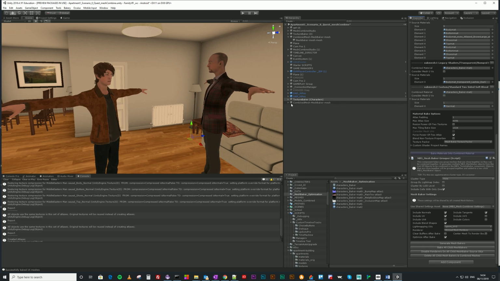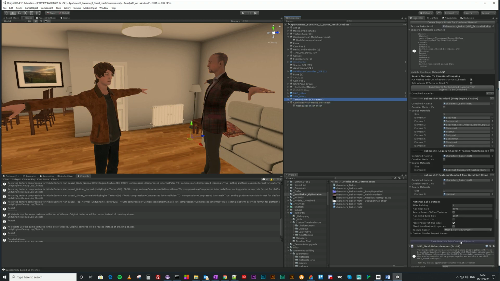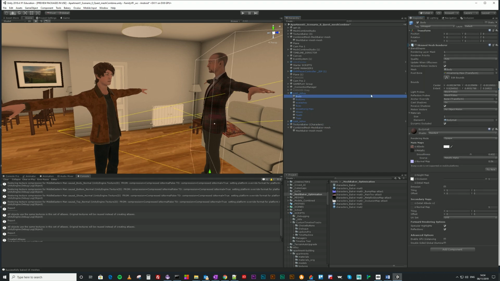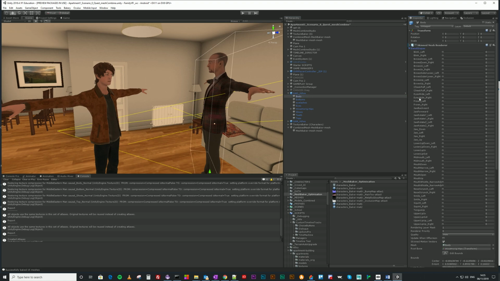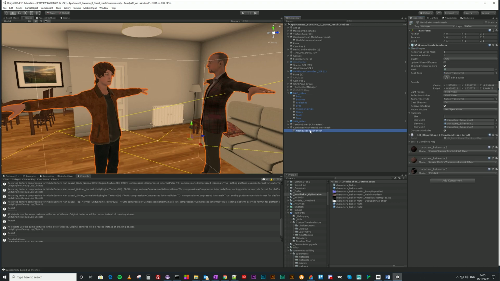Now you see your combined mesh has turned up, and you can disable the renderers on all child meshes. It's kind of a bit weird, it's hard to tell that anything's happened, but if you select one of these, see now it's disabled. And there were the original blend shapes. If you look now at this mesh,